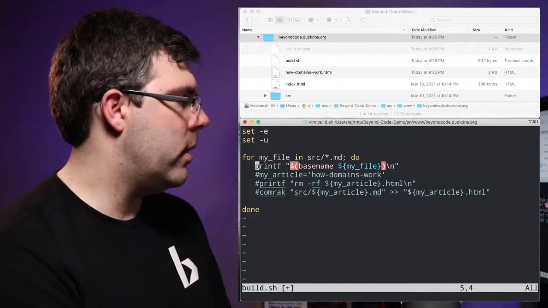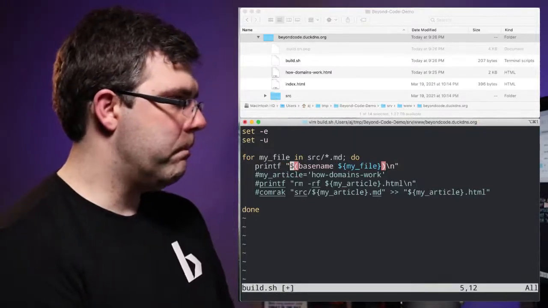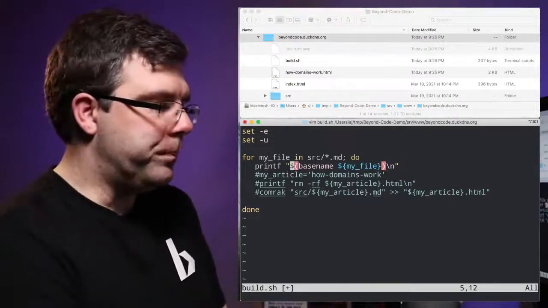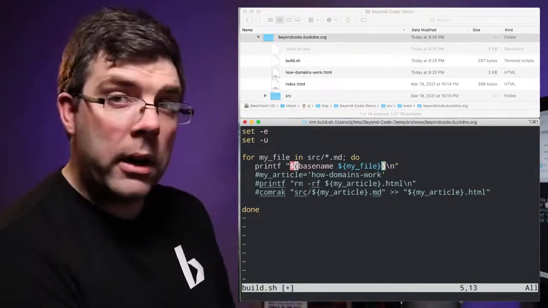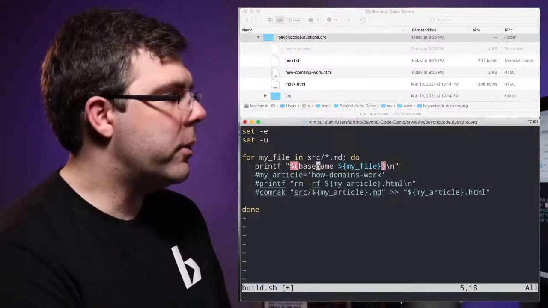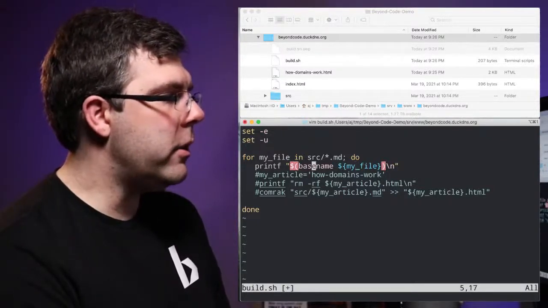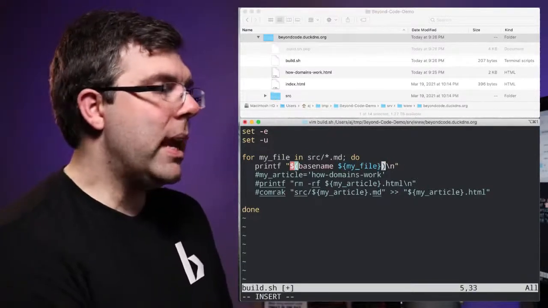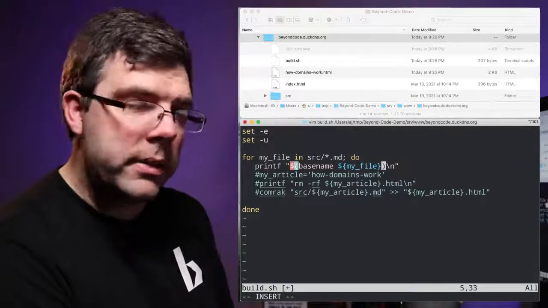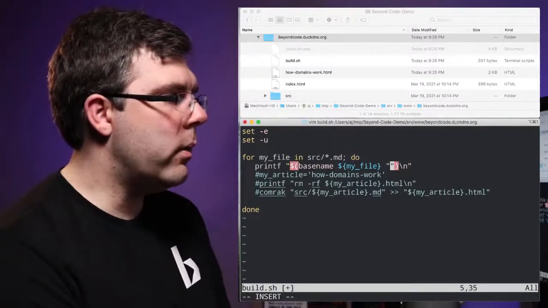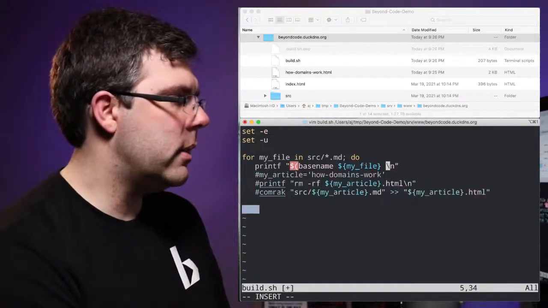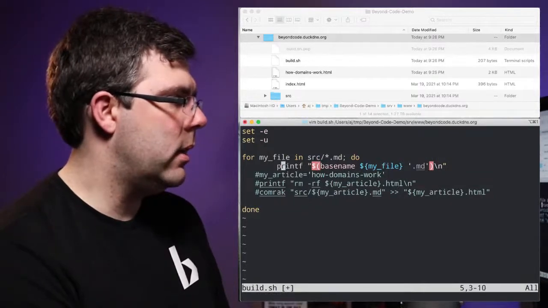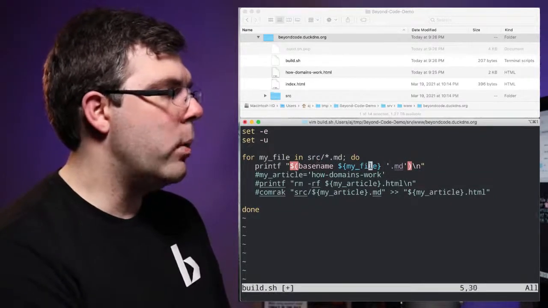Whoops, I don't know why that's jumping all around. Sorry about that. Okay, so what we have here is that the string, because it's a double quote, can have variables and it can have commands inside of it. So it's going to call basename on my file. And what that's going to do is strip away the src/. And basename can also strip away a suffix. So if you tell it the suffix that you want it to get rid of, which in our case is .md,